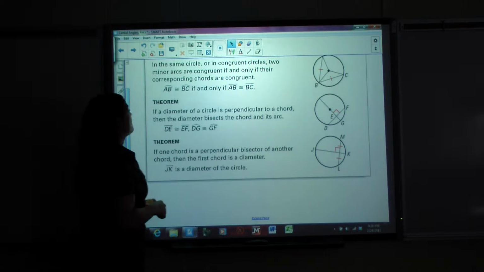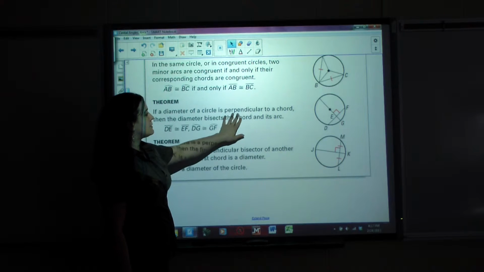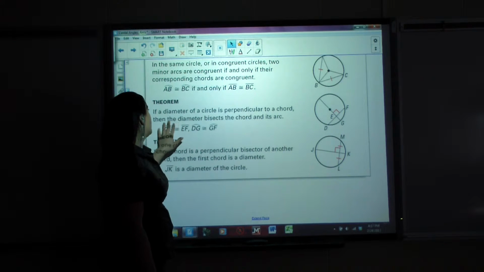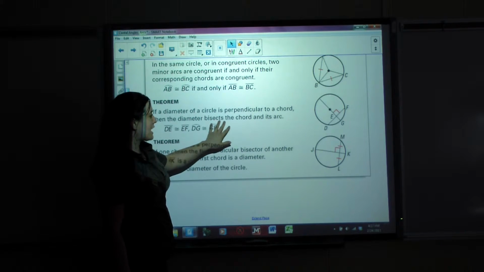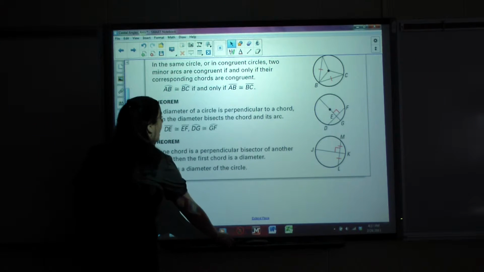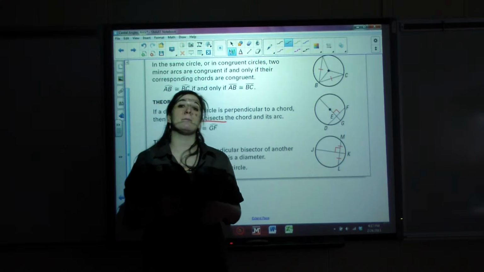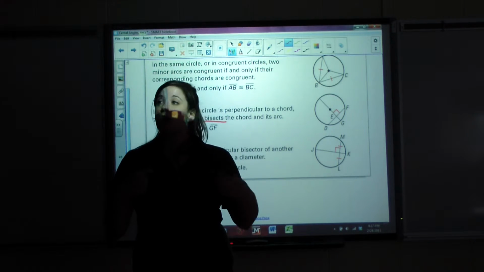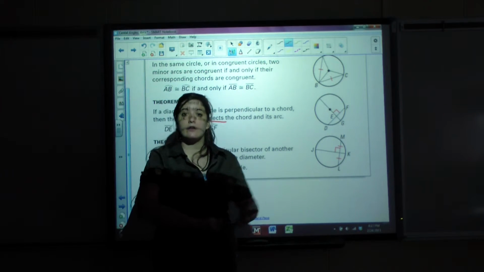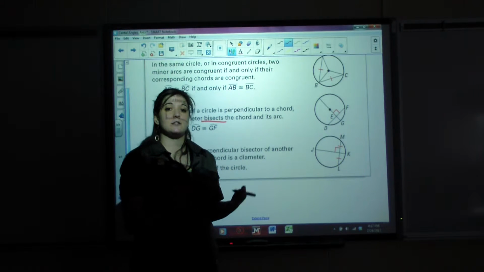Next is all about the diameter. If a diameter of a circle is perpendicular to a chord, then the diameter bisects the chord and its arc. Actually, this word bisects is really important. What we should remember is bisects. When we talk about bisecting a segment or an angle or whatever we're doing, when we bisect, we split something